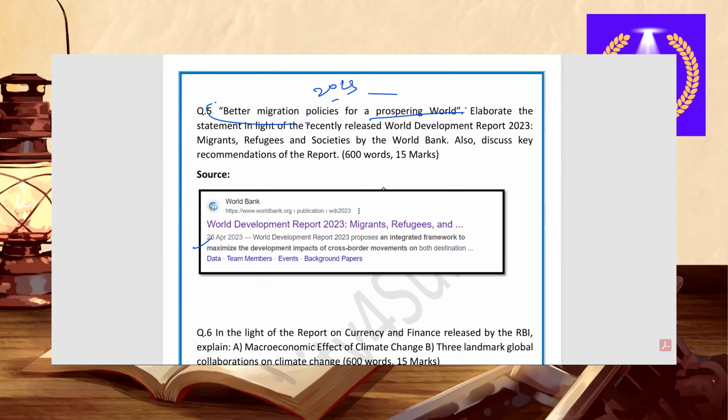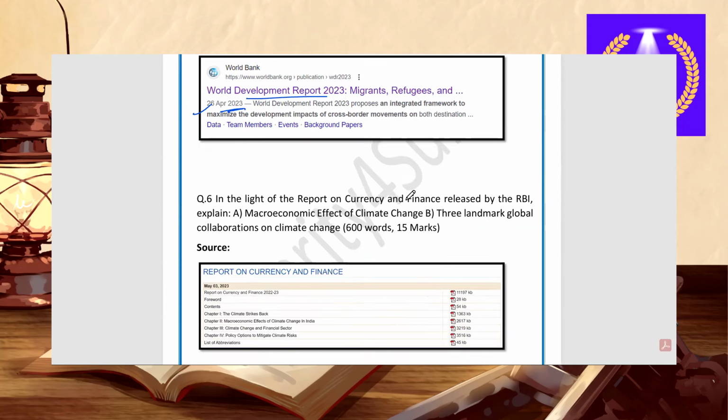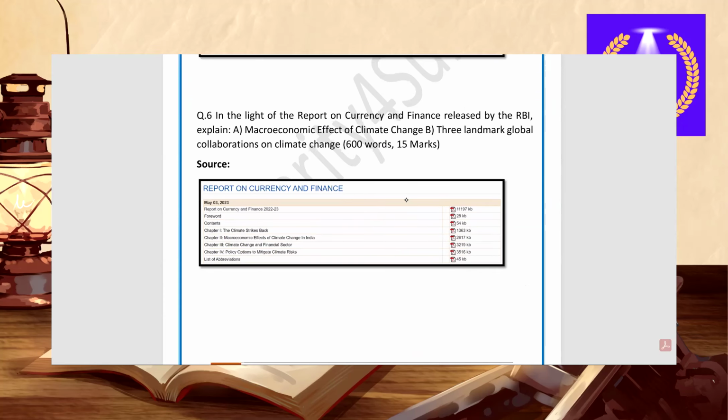तो यहाँ पे रिपोर्ट है वर्ल्ड डेवलपमेंट रिपोर्ट का, 23 अप्रैल में आया, एग्जामिनेशन से आपसे जस्ट 2 महीना पहले. तो इन दिस वे यू नीड टू सी हियर डायरेक्टली क्वेश्चंस आस्क्ड फ्रॉम आरबीआई रिपोर्ट ऑन करेंसी एंड फाइनेंस. सीधा सीधा क्वेश्चन पूछ दिया, 15 मार्क का क्वेश्चन. दैट मैक्रोस्कोपिक इफेक्ट ऑफ क्लाइमेट चेंज, थ्री लैंडमार्क ग्लोबल कोलैबोरेशन इन क्लाइमेट चेंज इन रिस्पेक्ट ऑफ करेंसी एंड फाइनेंस. करेंसी एंड फाइनेंस में जब जाओगे देखोगे, you will find that, see here,